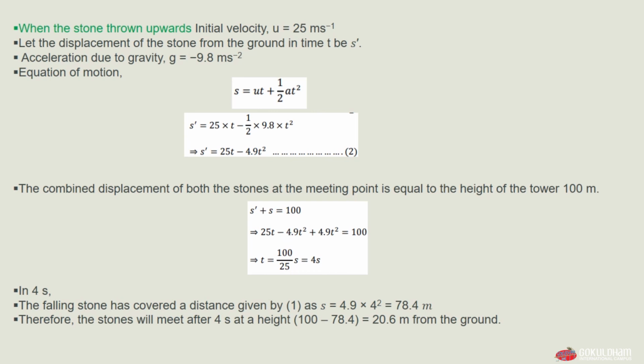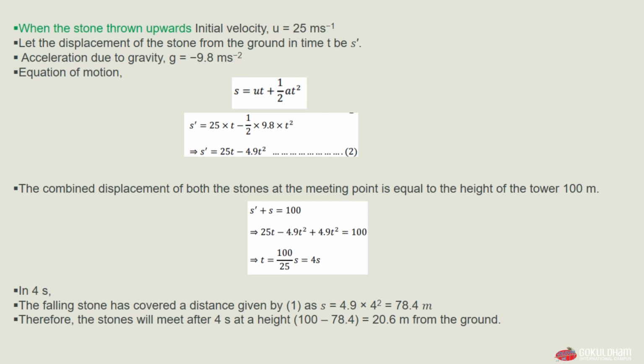And when we move the 25 from the right hand side, multiplication goes into division, and so we'll have the value of t is equal to 100 divided by 25 seconds, which will give us the answer as 4 seconds. So the value of our time t, which we have assumed as t, is equal to 4 seconds, and in 4 seconds the falling stone has covered a distance given by equation 1 as s is equal to 4.9 t square. So now we'll substitute the value of this t in our equation 1 and equation 2.